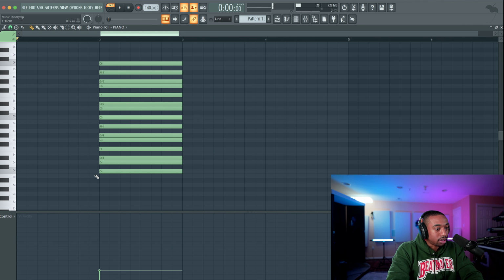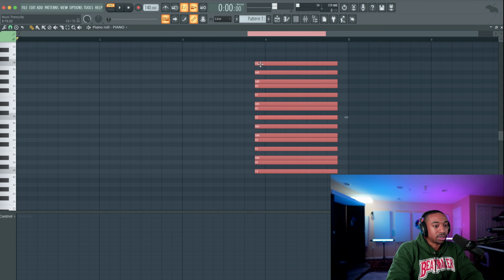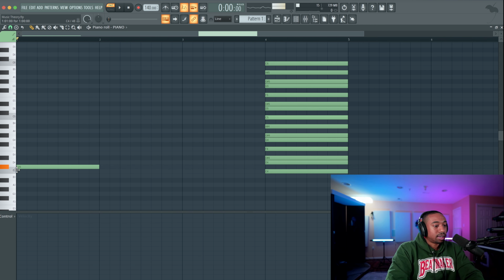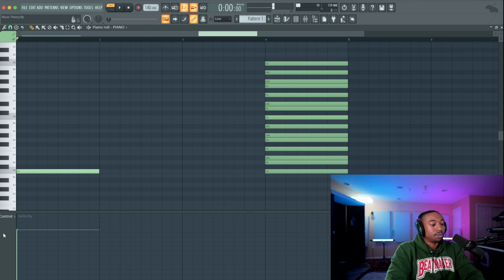Let's click on C. Now, what I like to do is keep this scale reference to the side. This helps me visually see because in FL Studio, they label the notes, so it makes it super easy to see where you are. Now let's start at C, and again, you can start anywhere you want. To make chords in a scale, you simply skip every other note within the scale. So if I'm starting at C, I'm going to skip D, go to D sharp, skip F, go to G.